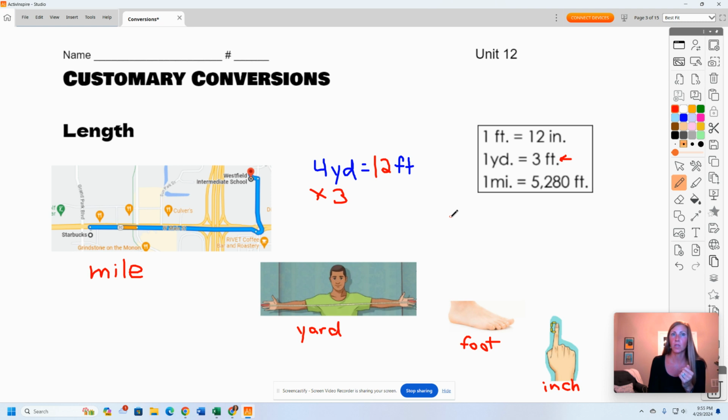Okay? So let's reverse it. Let's start with something with, let's do feet. So up above here, I have room. Let's say we have 4 feet. And in this case, I'm going to do yards. So if I wanted to know how many yards that was, this is where it gets interesting because it's not a power of 10. Feet is smaller or larger? Smaller. Going large. So if you start with a smaller, it needs to get smaller. It means you're dividing